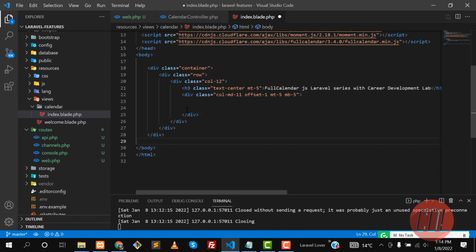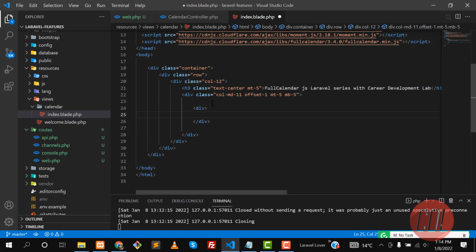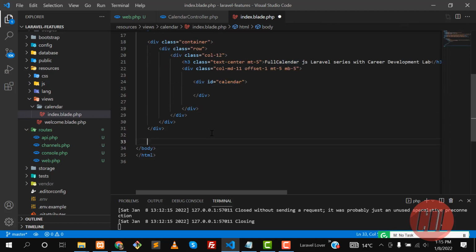So we are going to integrate this calendar here, right? I'm going to create a div here and assign an ID to it, the ID of calendar. I'm going to initialize this calendar from JavaScript, so let's go to the script tag here. I'm not going to make it separate like a section tag. I'm doing this for demonstration purposes, so I'm making this very simple for you, okay?